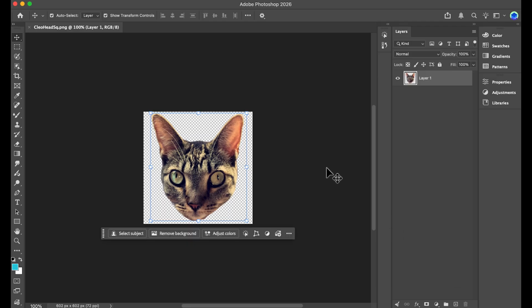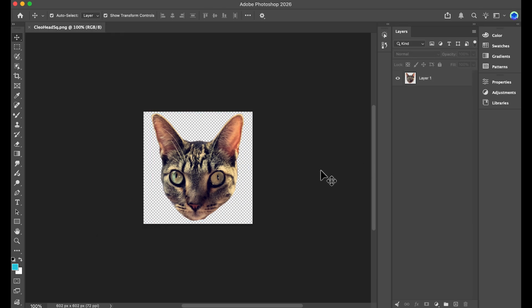If you haven't removed the background from the JPEG, please remove the background. I did that in the earlier tutorial. Anyway, it's very easy. It's like right here. But anyway, so this is a PNG. It has transparency behind it. Okay, very good. So let's make a little animation out of this.